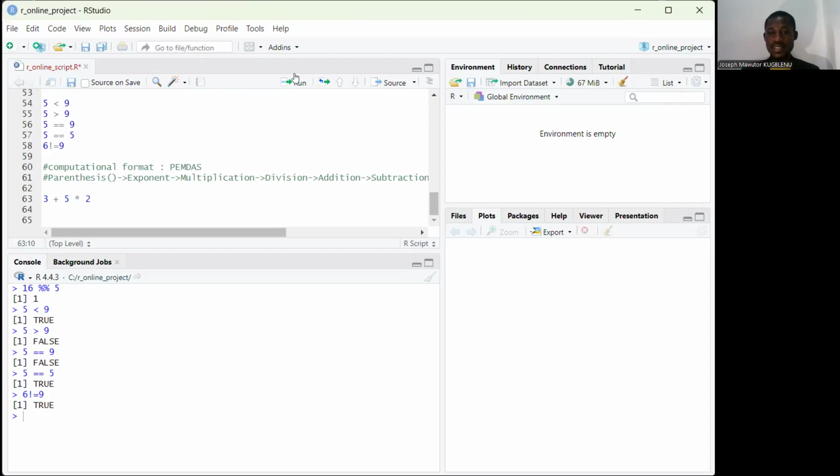The truth of the matter is that it's going to be 13. If you do 3 plus 5, 8, 8 times 2, 16, you are wrong, in the sense that it must follow this computational rule. Here, the multiplication comes before the addition. So it must first multiply 5 by 2, giving you 10,